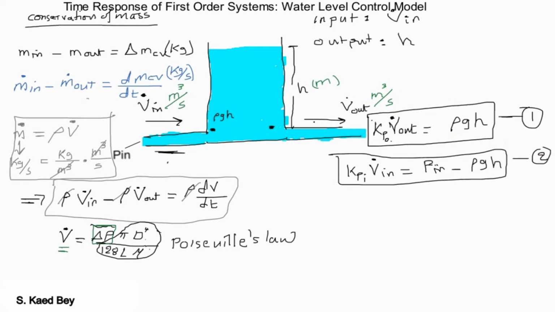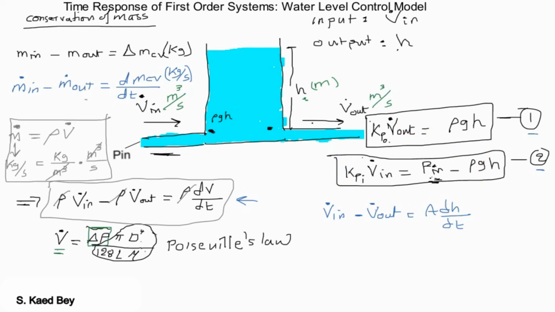Now, substituting equations number 1 and 2 in the conservation of mass law here, we get the following. And the volume here can be expressed as the area, which is constant and not changing, and the changing parameter here is the h. Since our desired input is the volume flow rate and the desired water level output is the h, then we can write this equation as